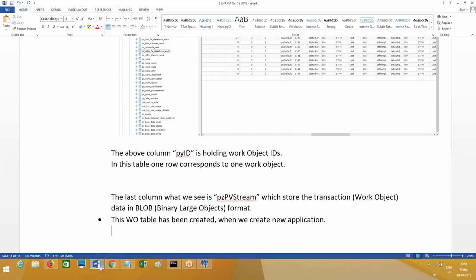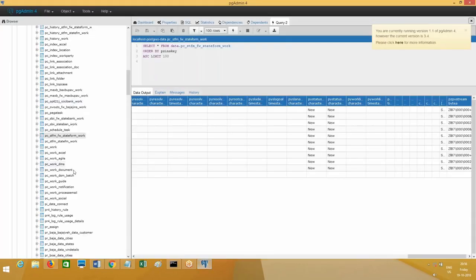There are a number of tables. This is not the only table we have seen. Many tables and much table data is there. You remember when you are installing Pega, it shows the table is created, data is loading 2350 rows, 3000 rows, 4000 rows, something like that. Every time it completes one table and loads the data.